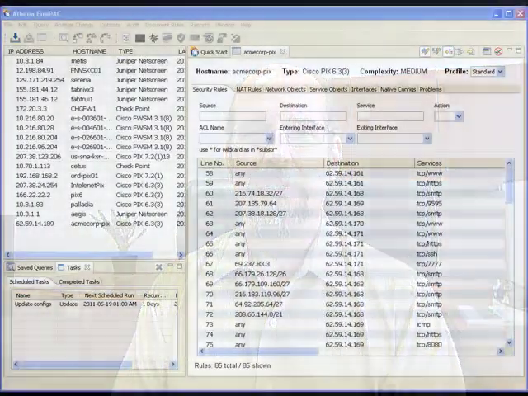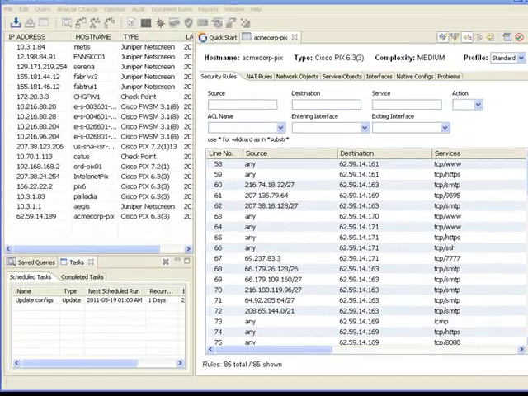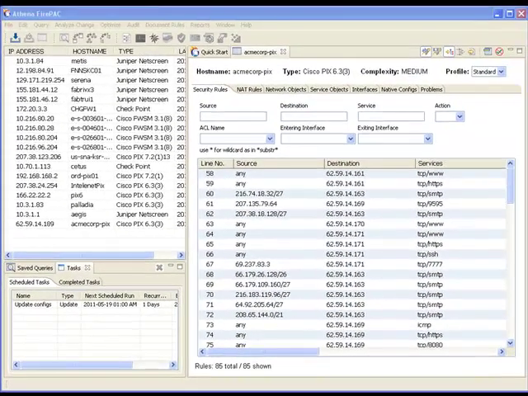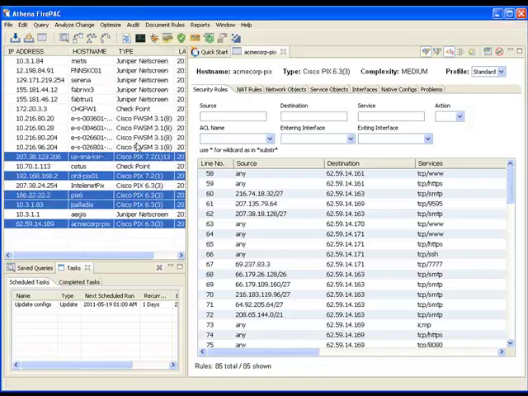When Firepack updates a configuration from a firewall or router, it is able to compare the differences between the old and new configurations. Here, I've scheduled an update task to run once a day at 1 in the morning. This will capture any changes that have happened to the specified devices during the previous day. Now I'd like to monitor those changes to see if anything untoward has happened. I'll select several firewalls to be monitored, and then click on the Impact Monitor tool button to schedule a monitoring